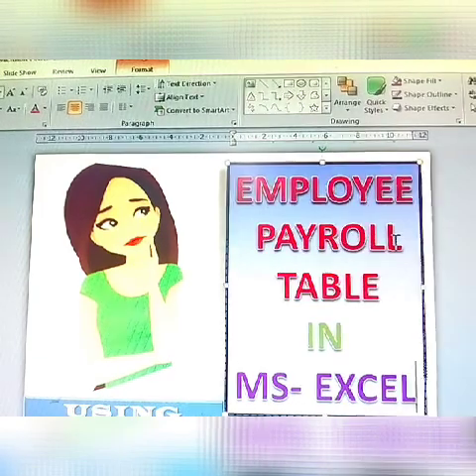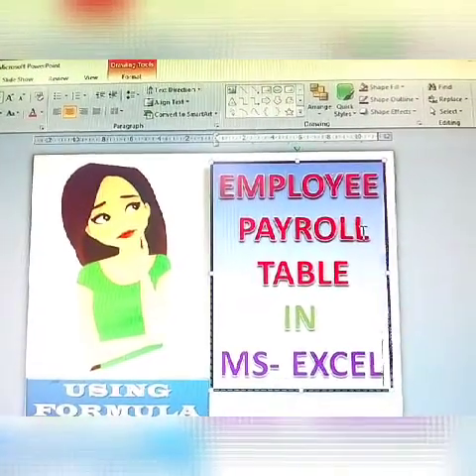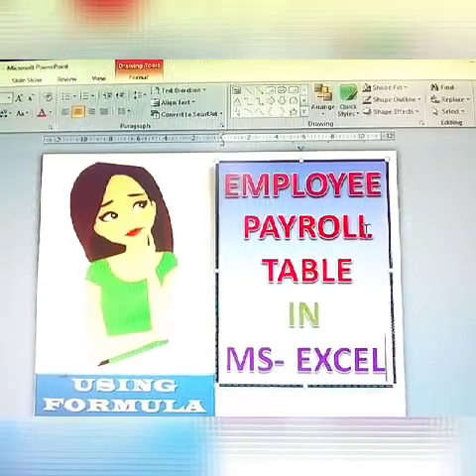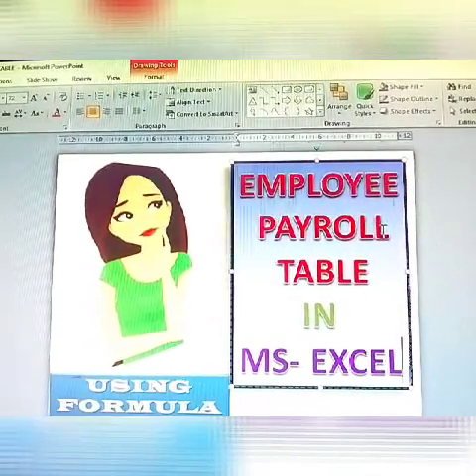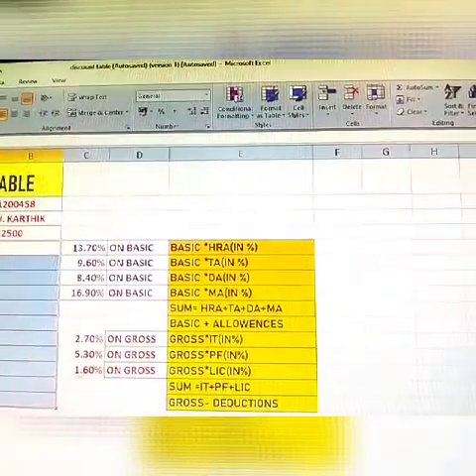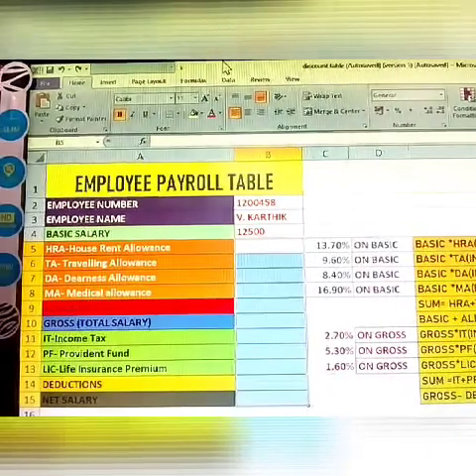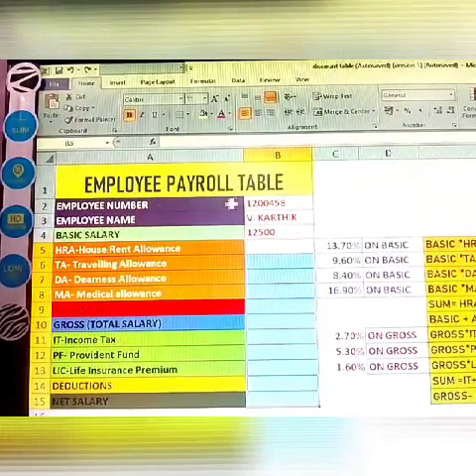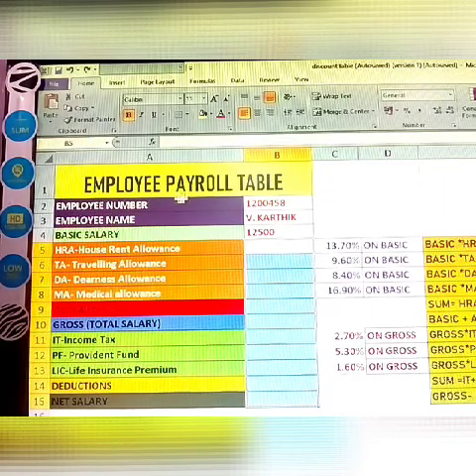Hi, yes. Next topic: employee payroll table in MS Excel using formulas. See here, employee payroll table.